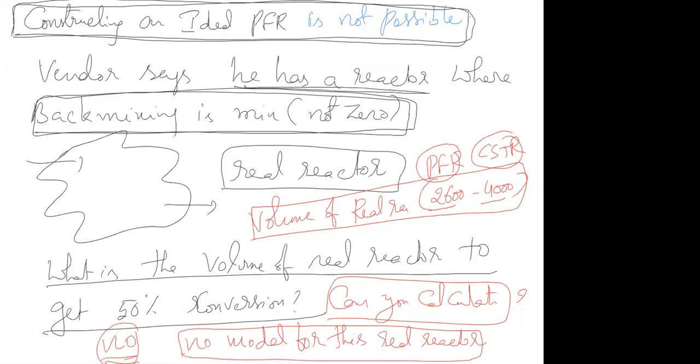Suppose you guess the reactor volume and get 45% conversion, then what is the downstream composition? 45% B and 55% A. So the distillation column is not applicable, and the entire downstream is under question. Because your reactor volume is not calculated, it is a guess. Your reactor volume is not a real volume. So you can't take a guess into a big plant, and you can't do any trial and error methods in a bigger plant.